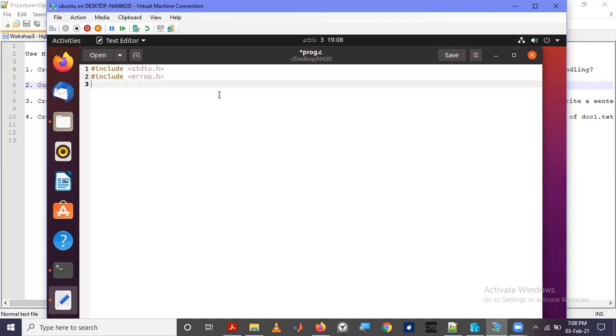Then we have to use the exit function when we encounter an error. That exit function is defined in stdlib.h, the standard library. And if we want to use change mode, we have to use sys/stat.h. But in the first example, we are not going to use change mode, so we will not include that one. So we have to write the main function.